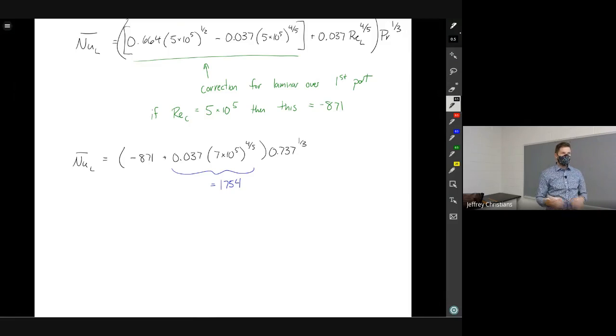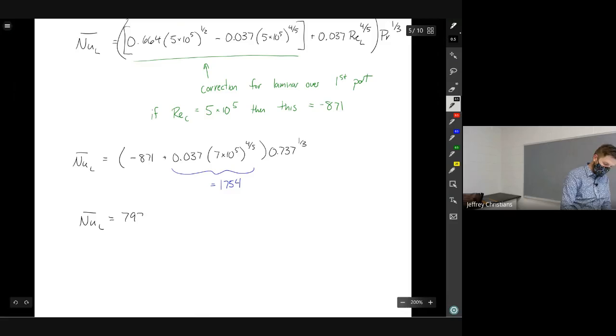So basically the fact that we had laminar flow over the first part decreased our Nusselt number by about a factor of 2. So if it was turbulent everywhere, it would have been 1754 for that inside, but it's 1754 minus 871. So this gives us a Nusselt number of 797,